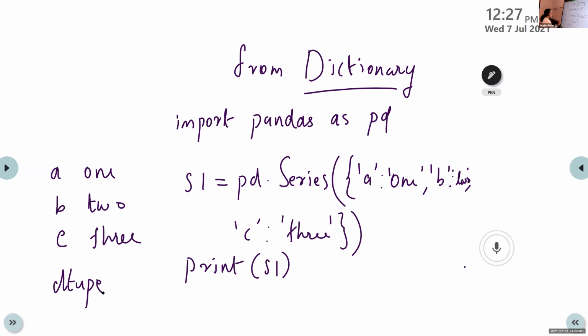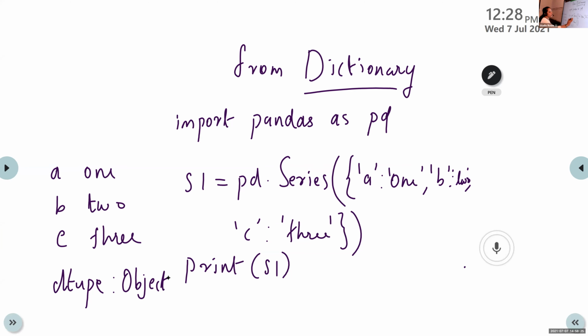In our series output section, the first output is the index value and data value. Then the second output line is D type. We want to represent the type of that data. Here string values are used, so we will write the type as object. So this is the output.